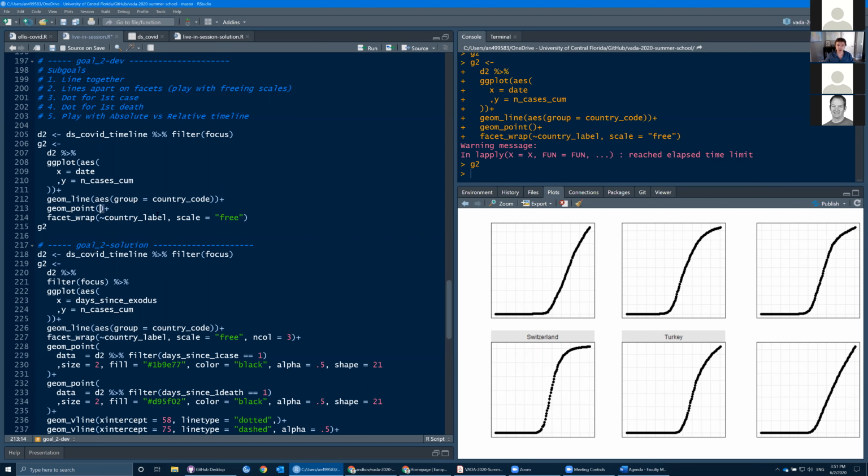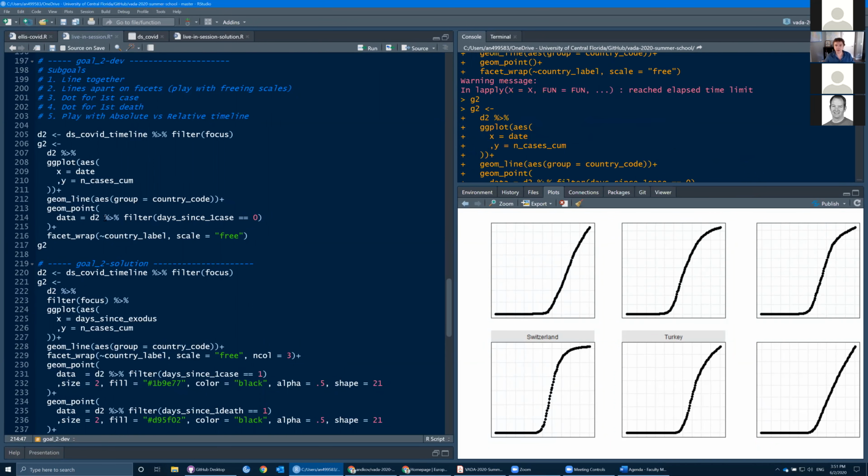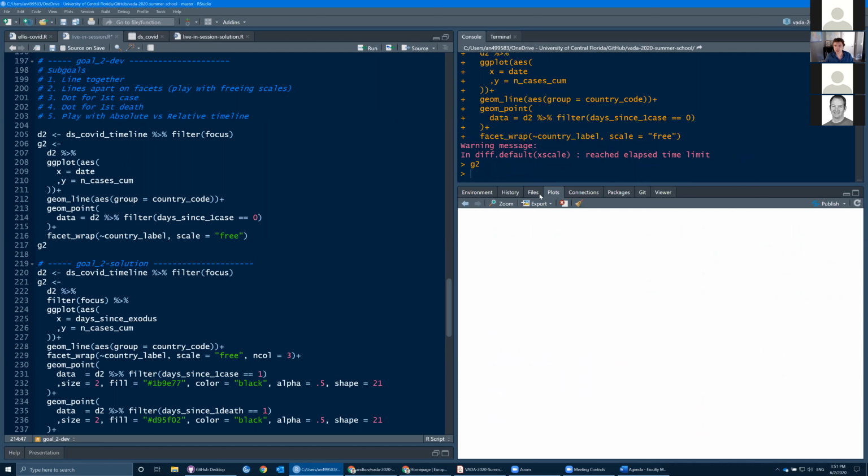So what we want to do is filter this data to limit it only to the date that we want. If we want to select only the days that have a particular marker, in this case, let's say days since first case equal to 0 or equal to 1. For us, we have D2 because this is our filter that we already filtered those countries. D2, filter days to days since first case equal to 0 or equal to 1. We run that, and that places a single dot